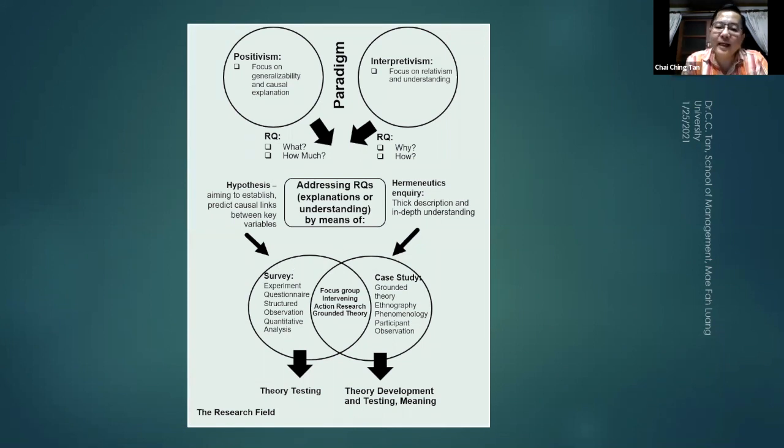And how do we collect the data? If it's hypothesis, we can do survey, experiments, questionnaire, structured observations, quantitative analysis or reports or performance indicators. Or if you want to get a hermeneutic, iterative, in-depth understanding of what's going on, through interviews and observation, you can probably do case studies, study different communities, different people, different leadership cases. And there are a lot of research methodologies and methods, such as